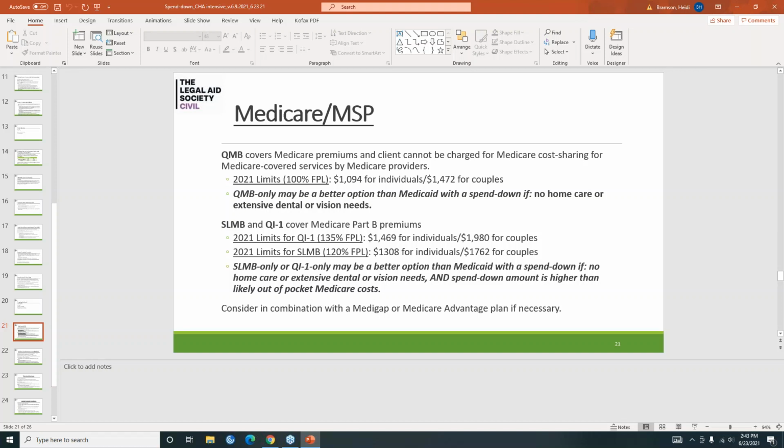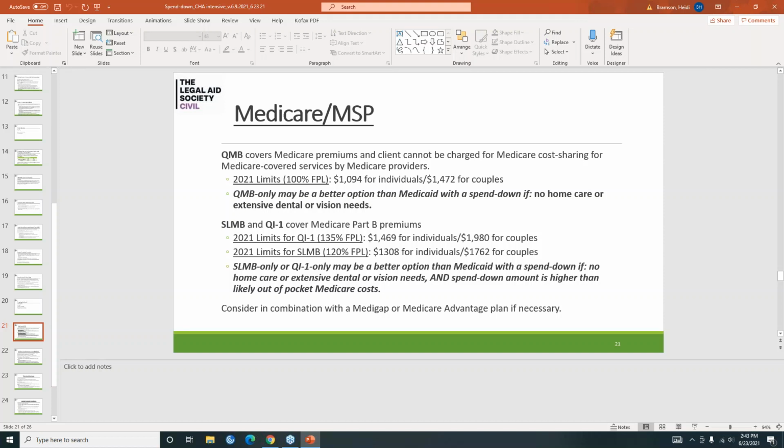QMB covers Medicare premiums, and the client also cannot be charged for Medicare cost sharing for Medicare covered services that are delivered by Medicare providers. And QMB only may be a better option than Medicaid with a spend down if your client does not need home care and doesn't have extensive dental or vision needs.